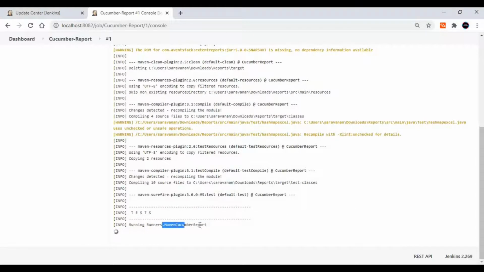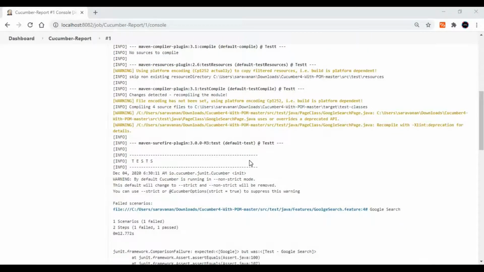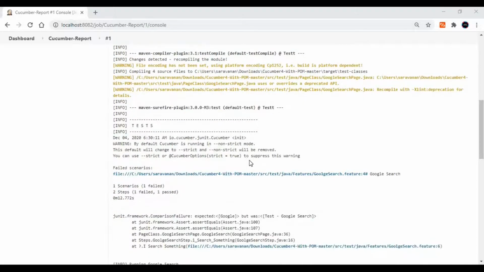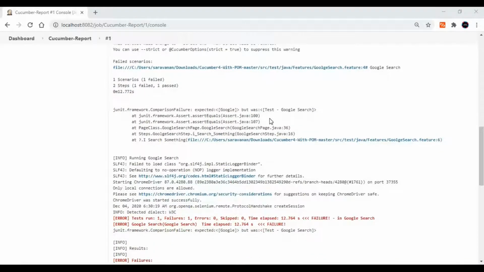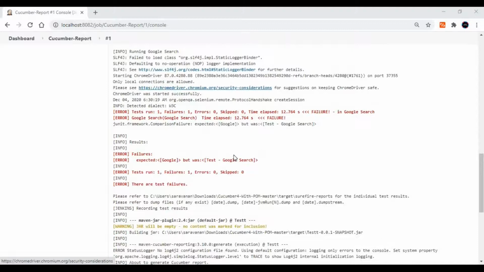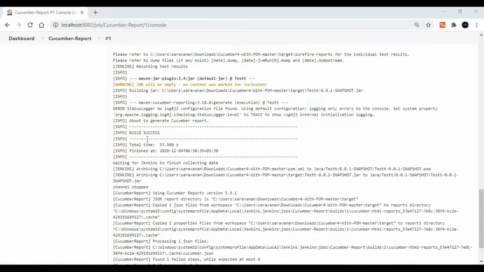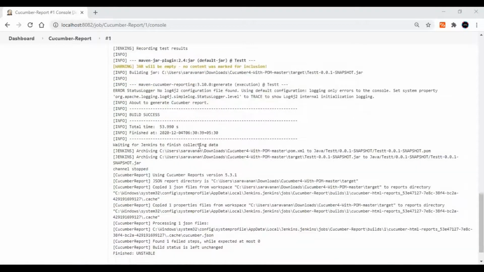Whatever runner class I pointed to in the pom.xml, it started running. You can see the execution is completed. Now we can see failed scenarios. I have only one scenario which has 2 steps, and one step failed and one passed, right? Some assertions are failing. So the execution is done. You can scroll down and see the build is success, about to generate the Cucumber report.